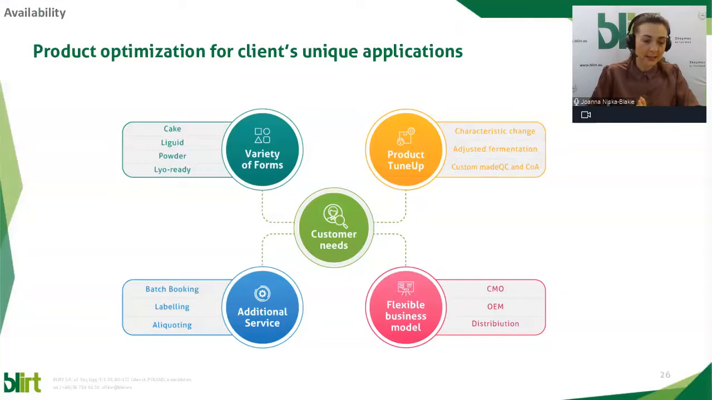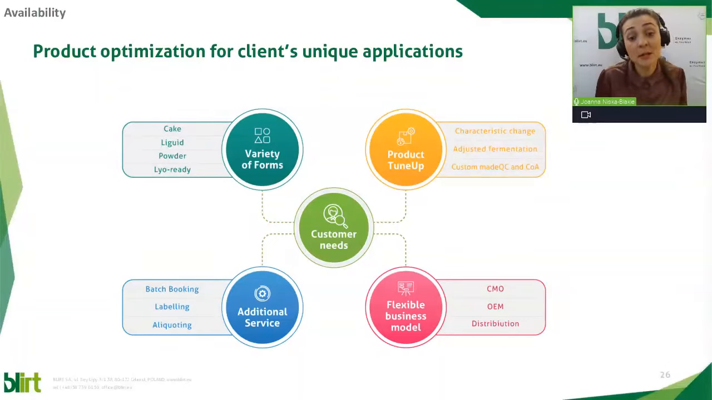And when you're developing an assay, there are different types of steps that you should take. So first of all, always consider the variety of forms of the reagents, and try what suits best your business and your assay. So products in different forms, such as cake, liquid, powder, or the lyo-ready version. Once you decide which reagent suits your assay best, you should always talk to your supplier about the possible product adjustments, such as fermentation adjustments, some characteristic change that you think might suit your